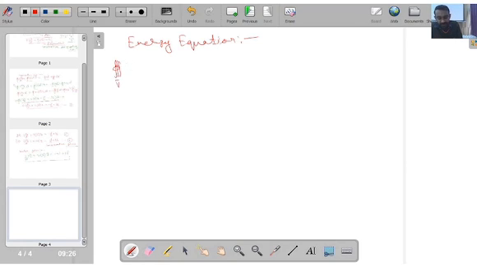The integral form of the energy equation says: volume integral of del by del t of rho times (u plus v square by 2) dV, plus surface integral of rho v vector dot dS vector times (u plus v square by 2). Okay, so this is the left hand side, and in the right hand side I will be having